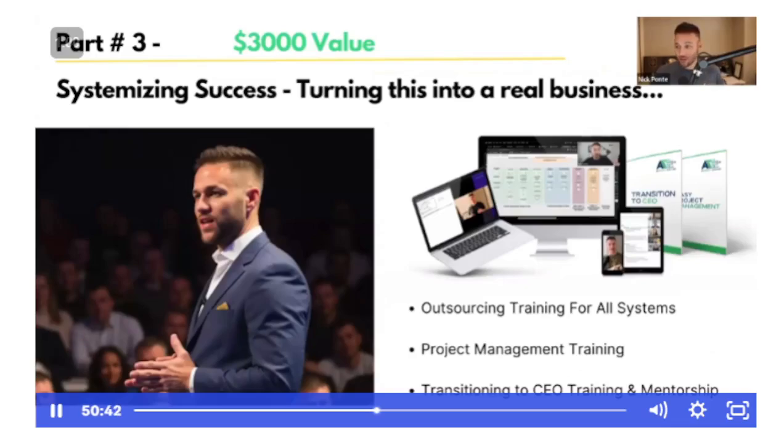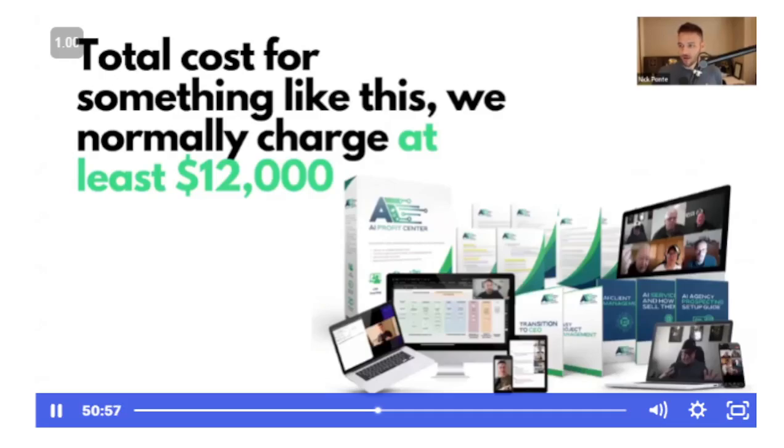Normally, I charge $3,000 an hour for my time, which is actually a cheap number if you add my annual income up and divide it by working hours in the year. But you're going to get all of this for nowhere near that. Nowhere near that. And in reality, the total cost for something like this, we normally charge at least $12,000 for the year. But like I've been saying over and over again for the last couple of days, the reason that we put this series of trainings together was we did not want anybody in our community to be left behind. We want you to take your slice of the AI boom today.